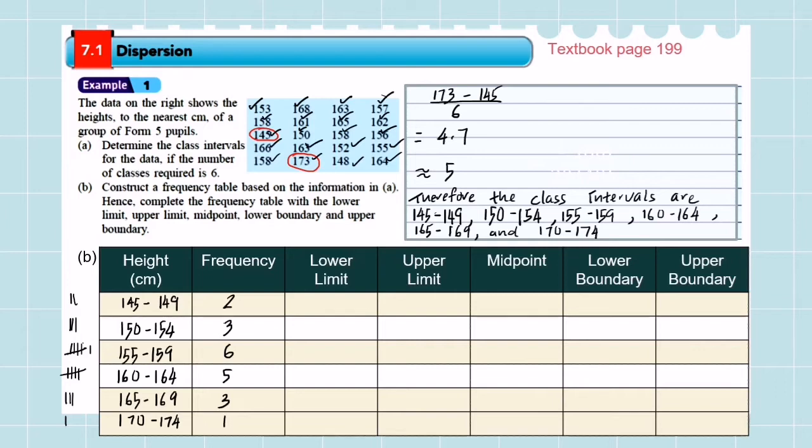Okay, so what is the lower limit? Lower limit normally is the number at the front. Then upper limit is the number at the back. Okay, so we can write the lower limit and upper limit now. Here lower limit is 145, here 149. Okay, so lower limit just fill in like this. Upper limit,